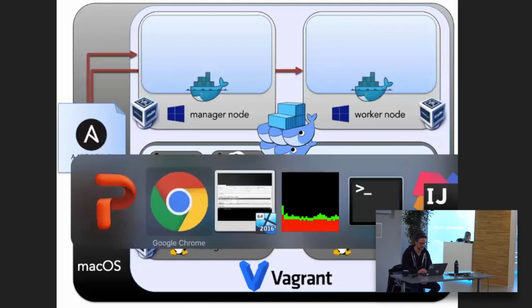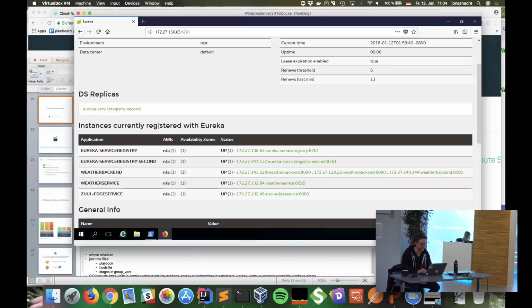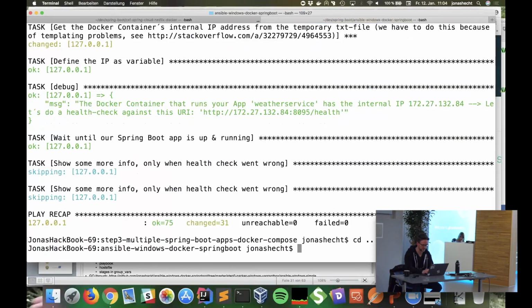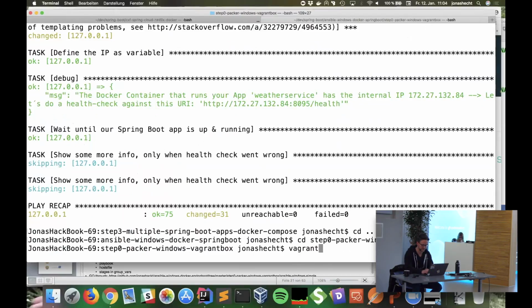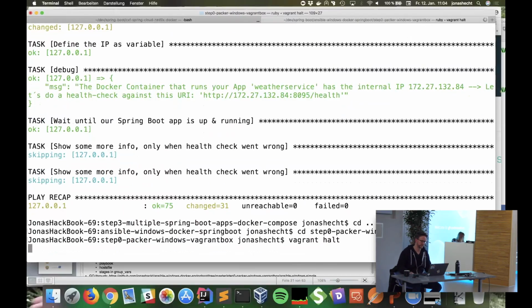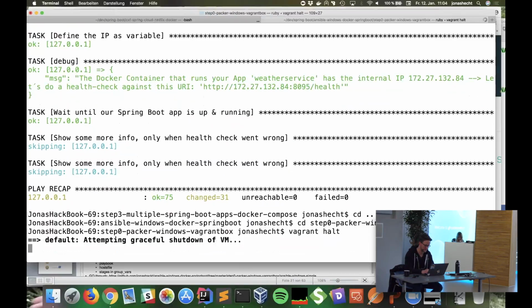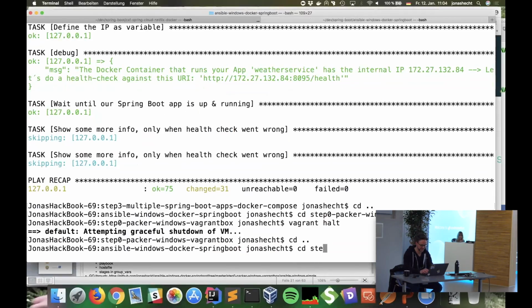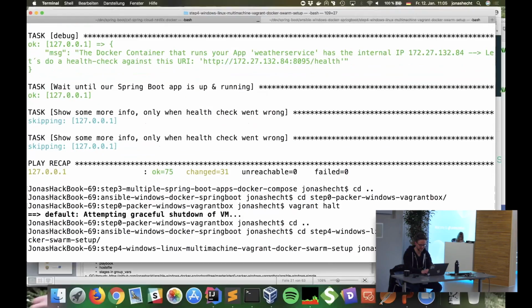Okay. But as I said, the guys from the conference don't trust the guy that is talking to you. They always say, okay, where's the demo? If there's no demo, then it wasn't there. So I have to just kill the one machine because I don't have too much RAM. Yeah. Okay. No updates today. Okay, I just don't have that much time.